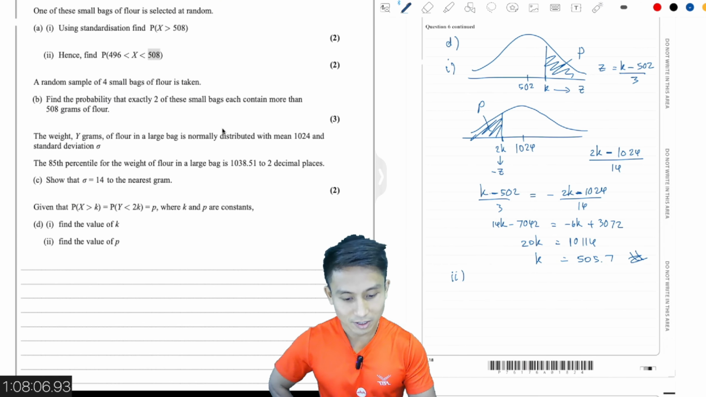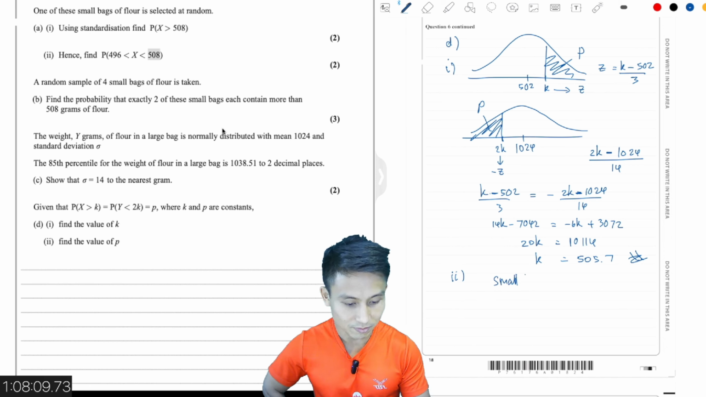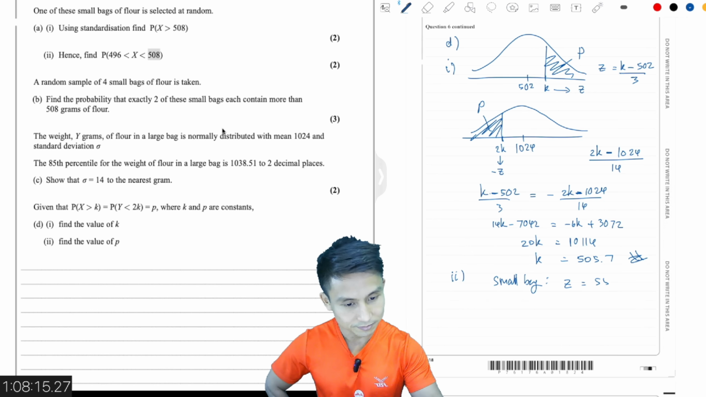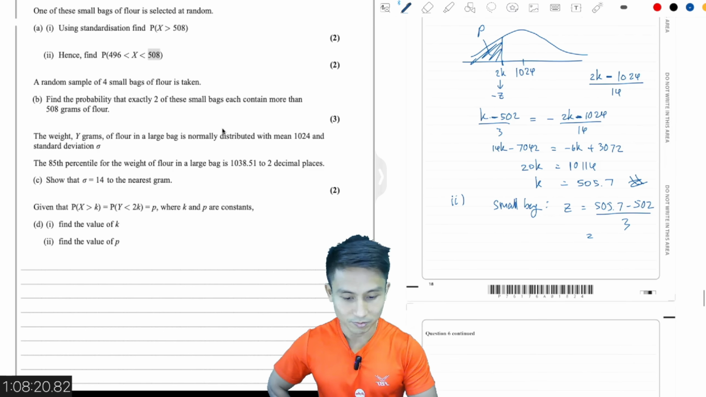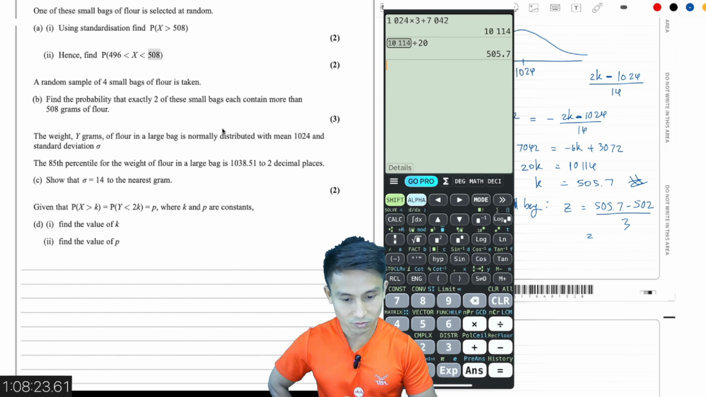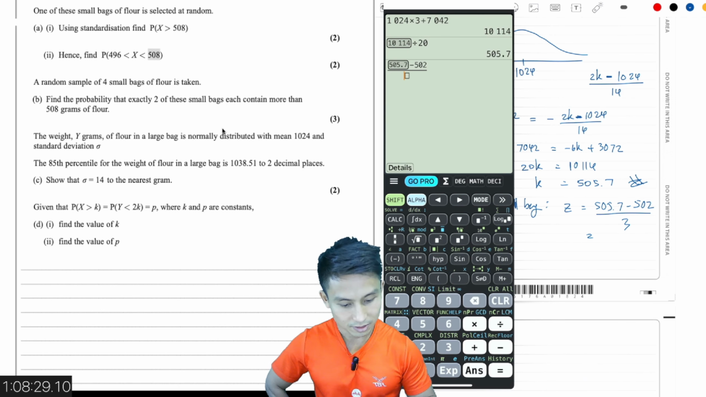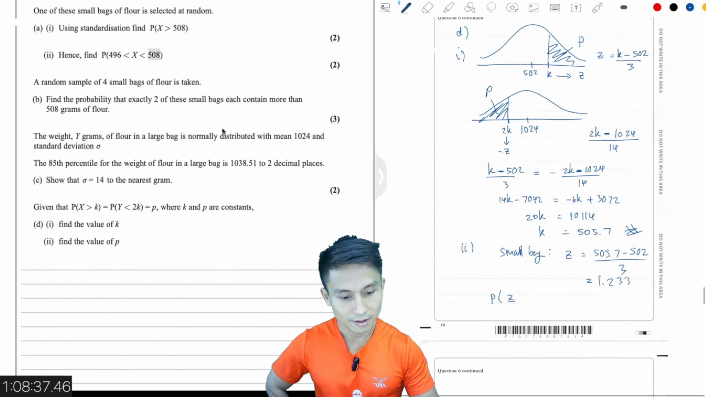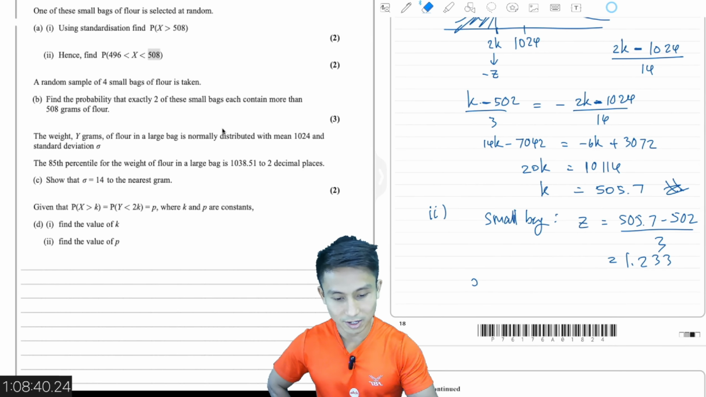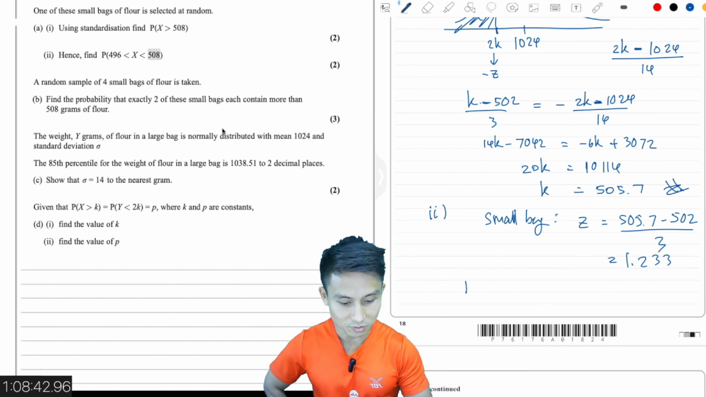So we just plug back to the small bag case. Yeah, so z equals, we just plug that back in, and then find the z value and get the probability basically, right? So that's answer minus 502 divided by 3. Yeah, so that's 1.233. And then we're going to use the table. So the probability P, which is greater than k, so P is equal to 1 minus